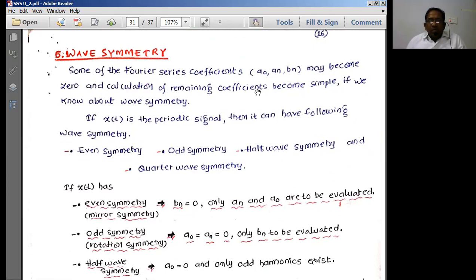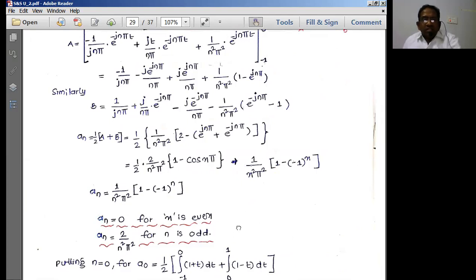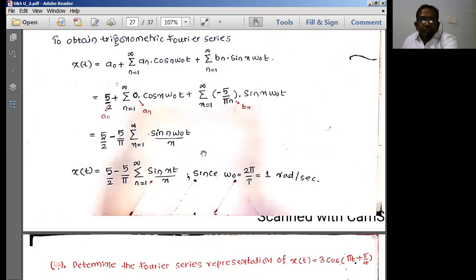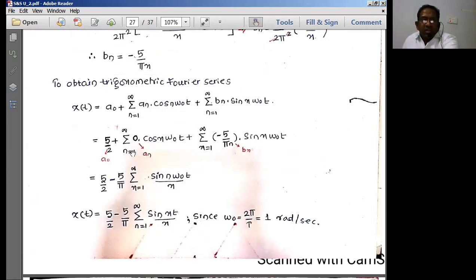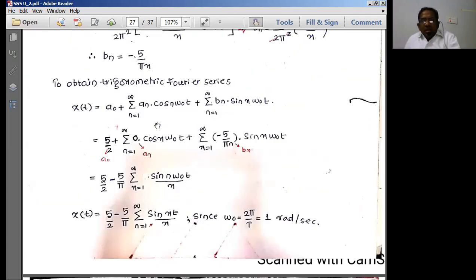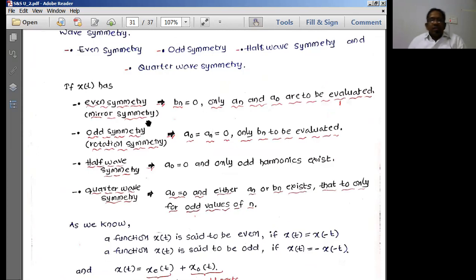In the previous problems, once you observed, we got some of the parameters as 0. See here, an is equal to 0 in this problem, and in the other case also, an is equal to 0. That means when an or bn, which are nothing but the coefficients of the cosine and sine functions, are zeros, why should we compute them? We are wasting a lot of time computing values which are going to be zeros anyway. If it is going to be zero, why should we waste our time?